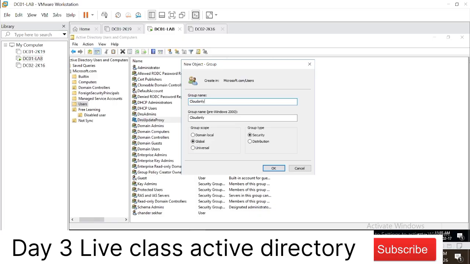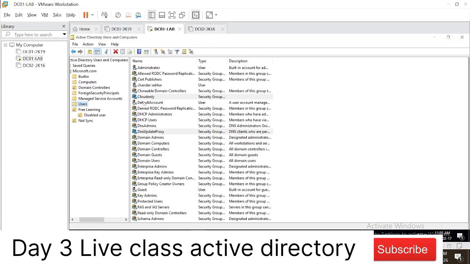Okay, so all of you were partially correct, but the key difference which the interviewer generally wants to know from this question is, this is the definition you're talking about. Everybody knows, can read the definitions, but the reason behind this question is, and one more thing, for a distribution list the group scope should be universal and the group type should be distribution, whereas for security it will be security. Okay, great, thank you.